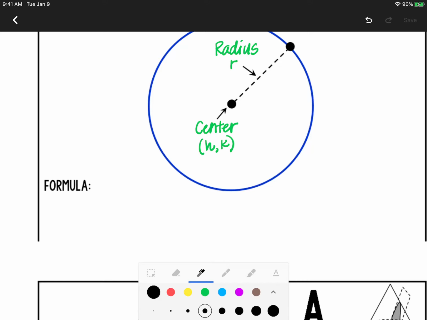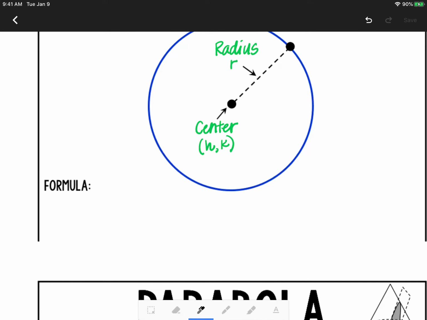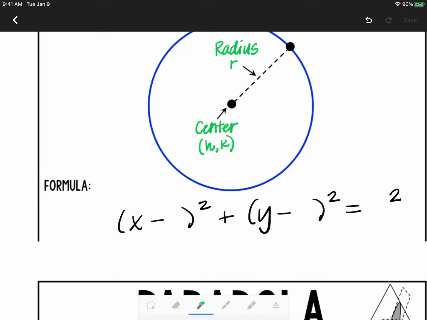All circles are going to have this same setup: x minus something squared plus y minus something squared equals something else squared. Well, what are those somethings? Well, x minus h, the x coordinate of the center, y minus k, the y coordinate of the center, equals